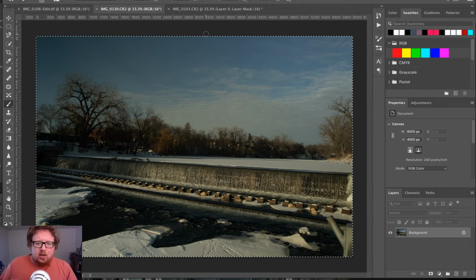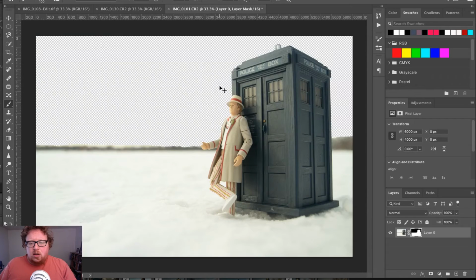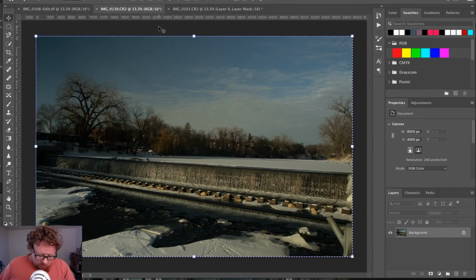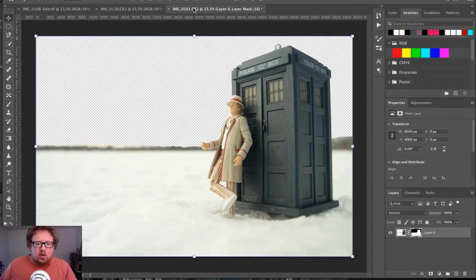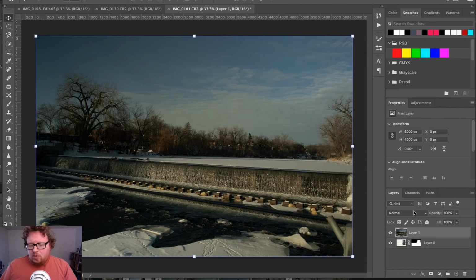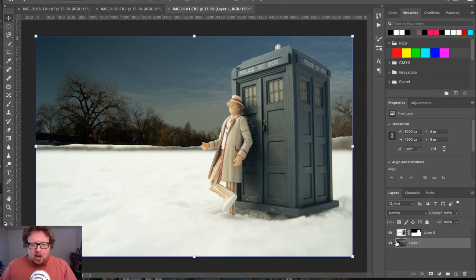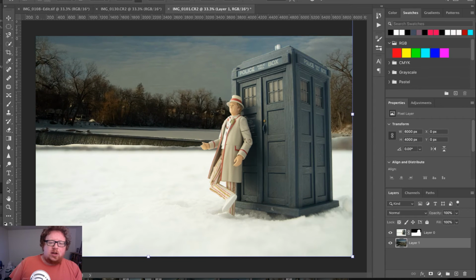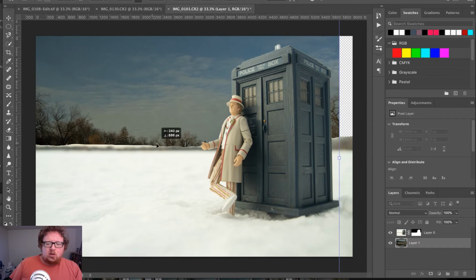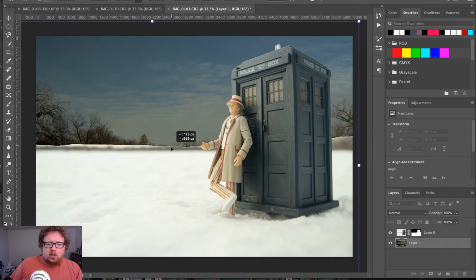So we'll copy into that, paste it. So we'll copy this, paste it over, and make that be the bottom layer. And then we can play around with it, move it around. And then the original layer that I was going to use,